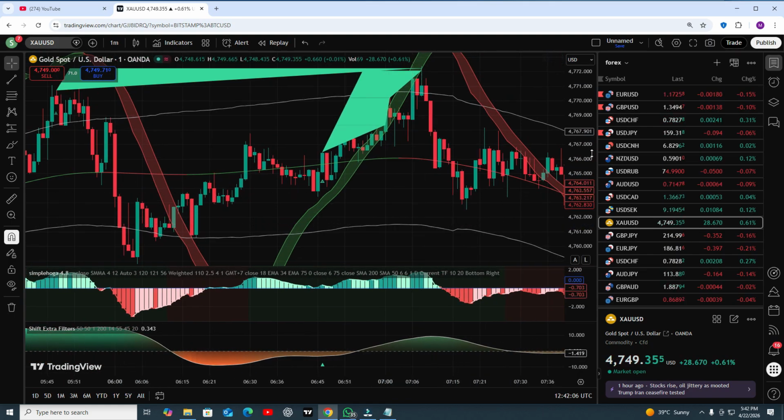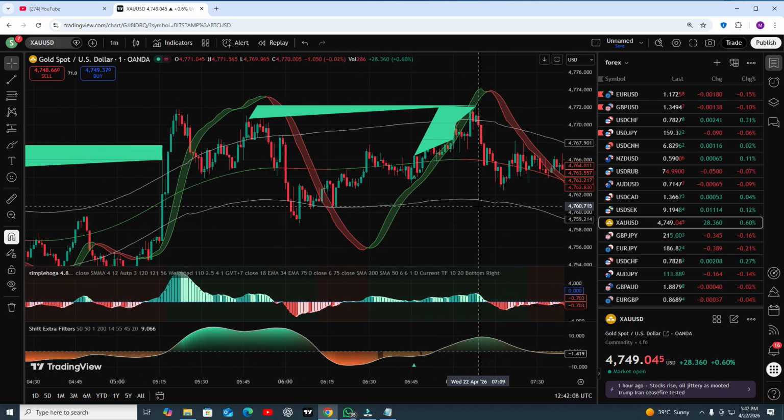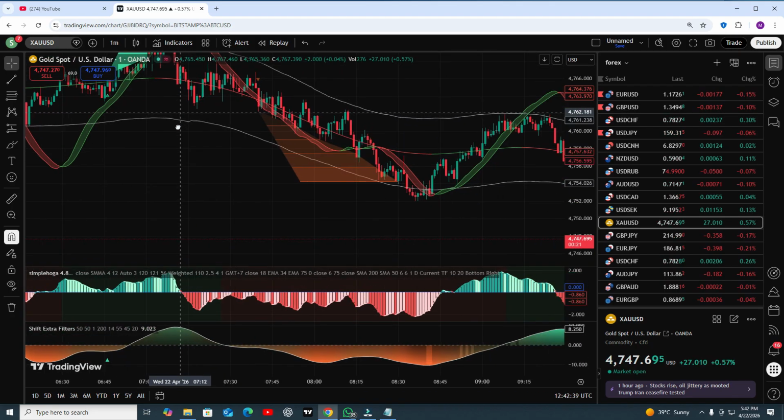And now look at this one. Look at this one again, buy position at this point, because the candle has come upside from the RSI, and the RSI is coming below the lower band line. Okay, and look, the histogram is green at this point. So open your buy position at this point, put your stop loss, and take profit at this point. Simple.